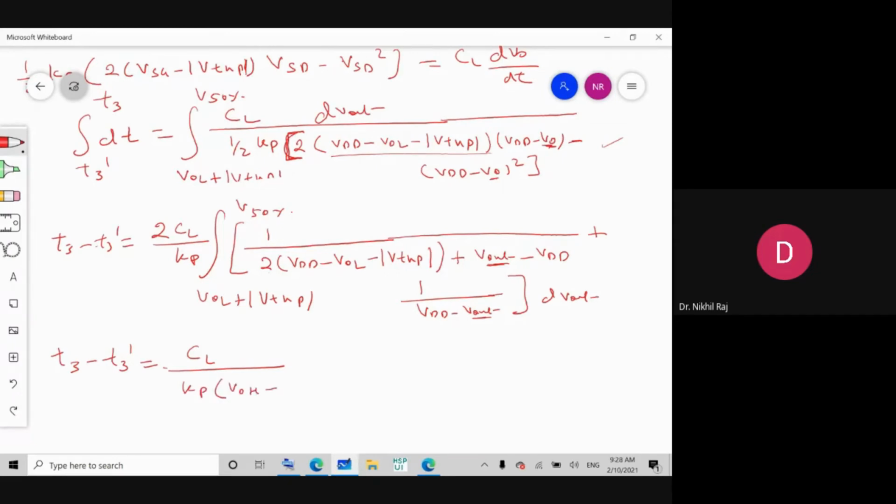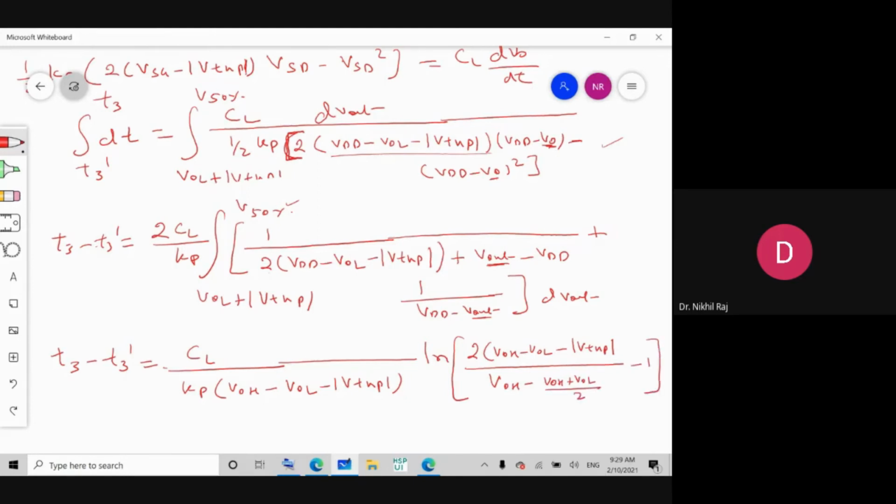after substitution we will get here, yes, CL by KP, VOH minus, it is after substitution of V 50% to VOH plus VOL by 2. So VOH minus VOL minus mod of VTH of P, ln of 2 VOH minus VOL minus mod of VTH of P divided by VOH minus VOH plus VOL divided by 2 minus 1. Okay, this one is the expression, and further solving will give you